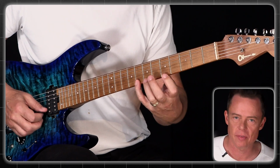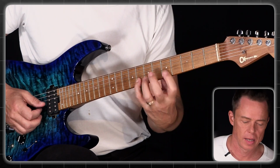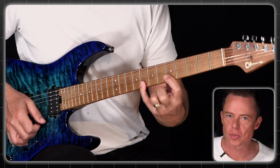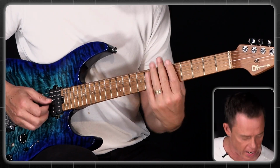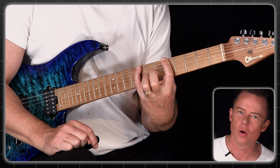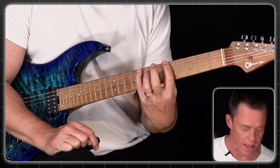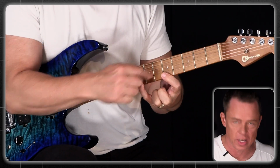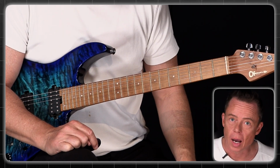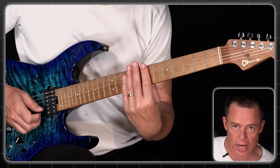If we're in the key of A minor here, then I can look for these two stacked minor thirds on top of each other, and I have it in the first position. And by the way, my low E string also has 1 minor third interval, and that's of course the same as the top here, right? I can go to the next position here,